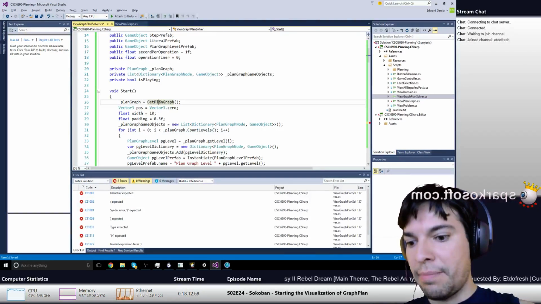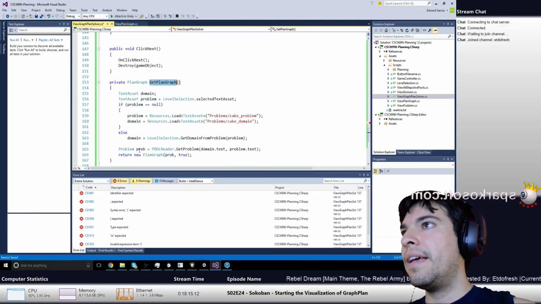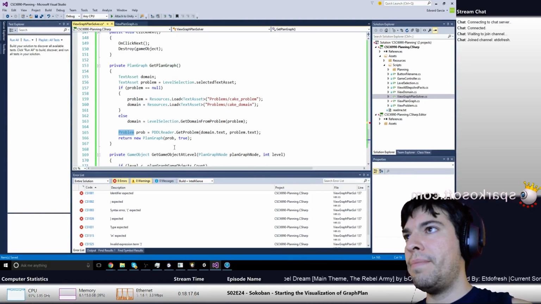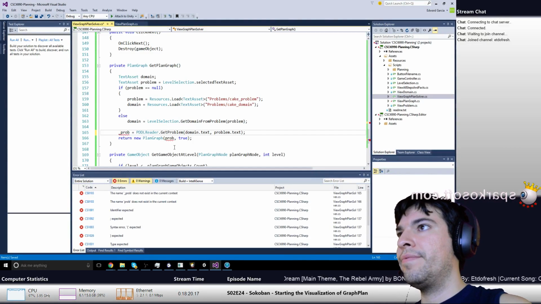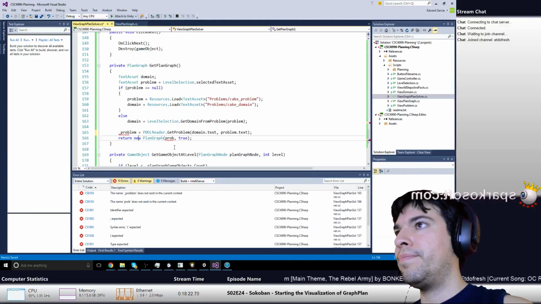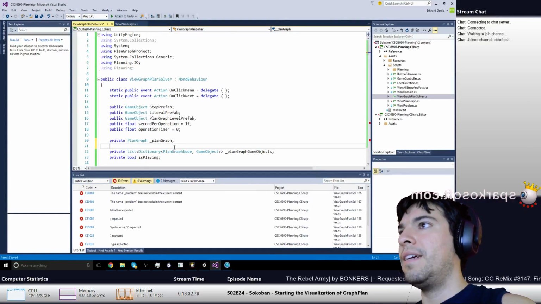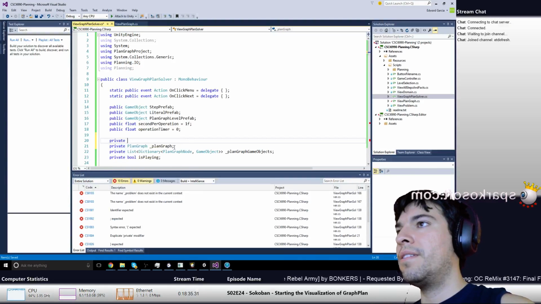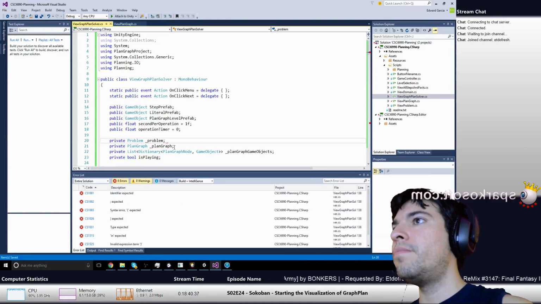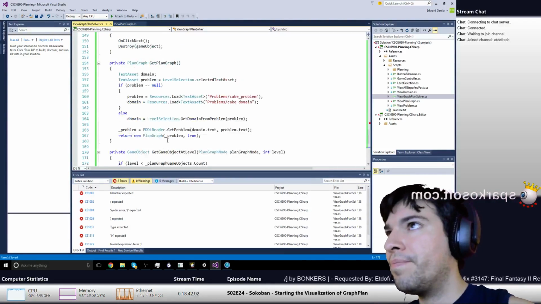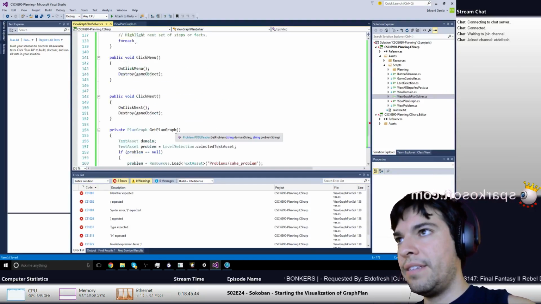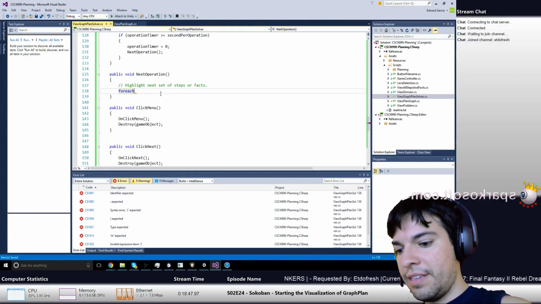So plan graph is a get plan graph. I'm gonna make this a thing. Problem. And right here, actually right before it, private problem. Okay, so we have the problem, and that's great. So now we can just say, hey, for each